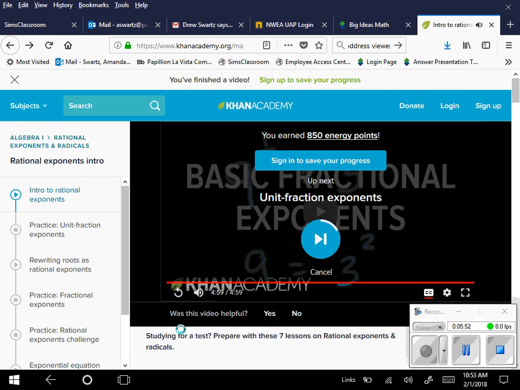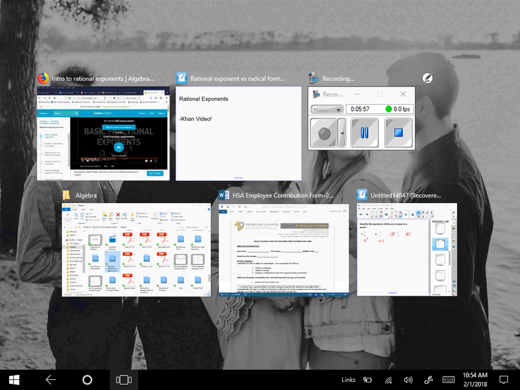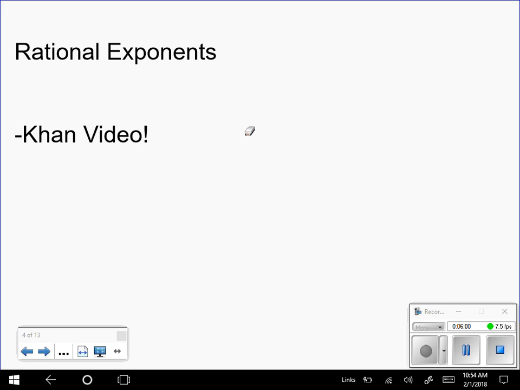Okay, so that gives us a good start. To go along with that, there is something else we need to understand. He did a bunch of examples where he had just 1/2, 1/3, and 1/5, and he showed you that it's the same thing as the square root of 4. Well, this same idea can work with any fraction if we understand the difference between radical form and